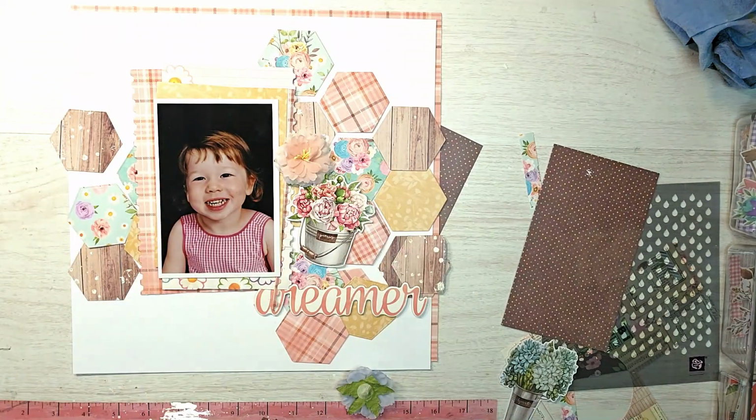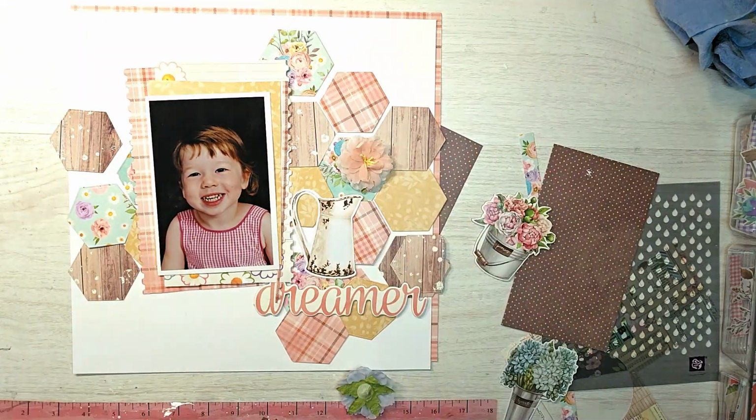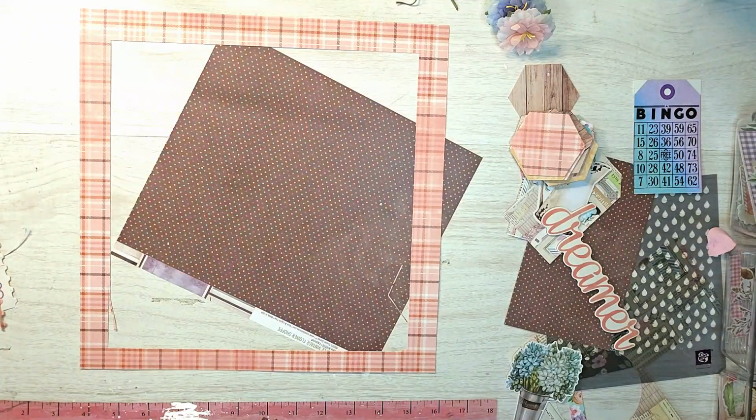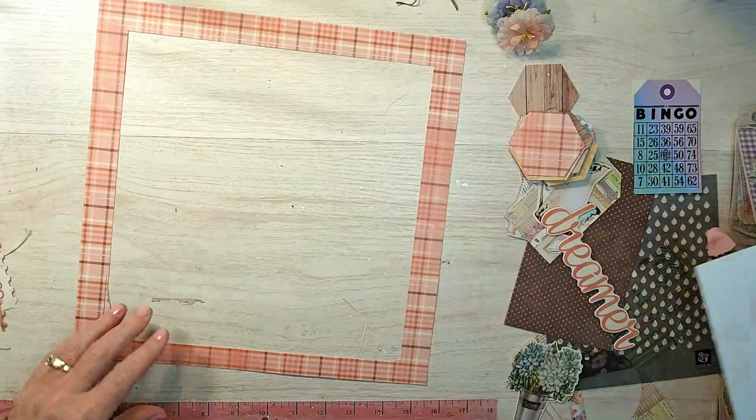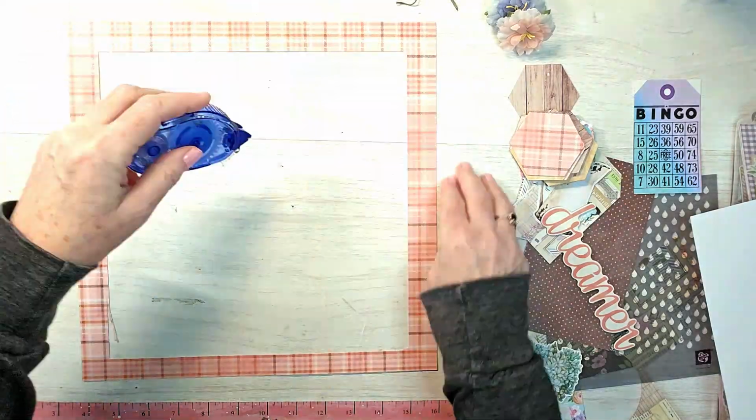And I am trying to figure out, what else am I going to use? I really love all the hexagons with the different patterns, but it can get kind of busy if you do a lot on top of it. And so I'm still trying to figure that out. So I will go ahead and adhere my white